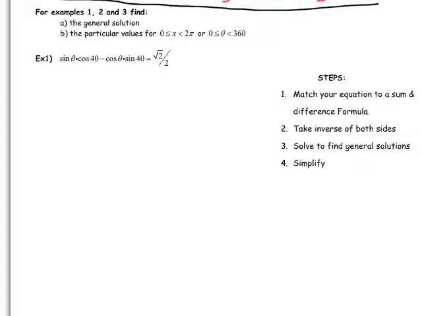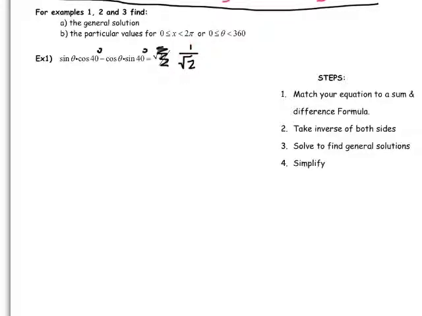All right. So in example 1, we have sine theta cosine 40 minus cosine theta sine 40. And really, this should probably say degrees. It's kind of tacky just because I know that that is supposed to be a degree. So that should really say degree. And I know it's degree because I see the theta, so it's definitely in degrees. And that equals root 2 over 2. Well, the very first thing I'm going to do is I'm going to cross that off and just write 1 over root 2. Because we can't really solve it. This is clearly a